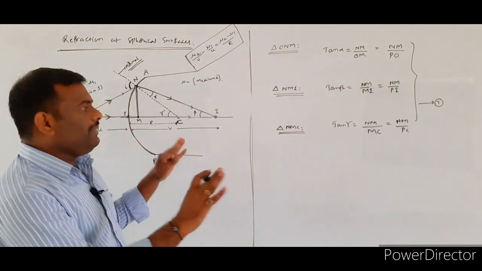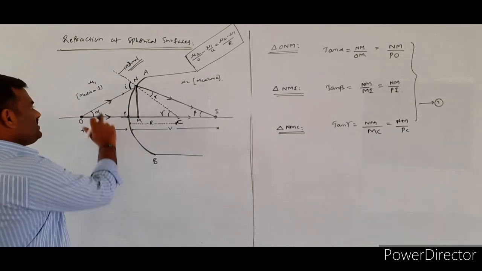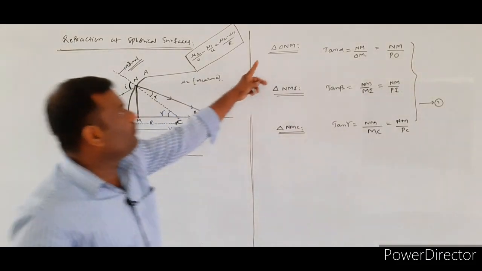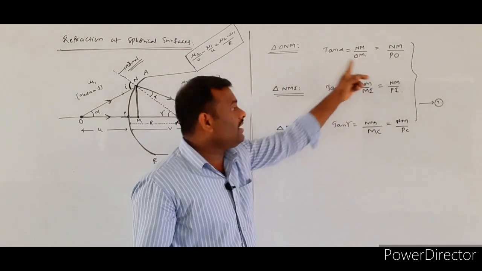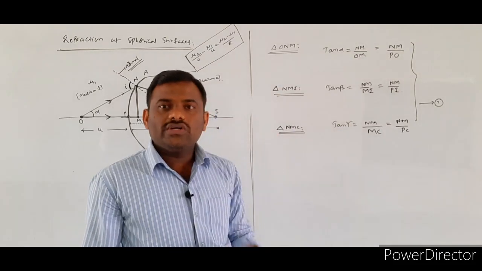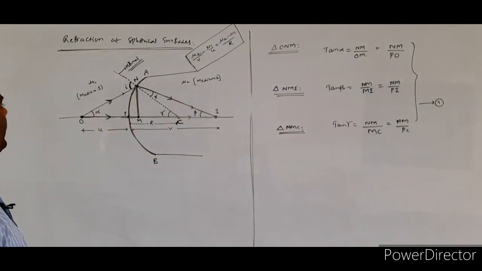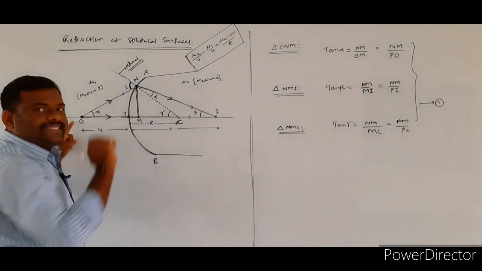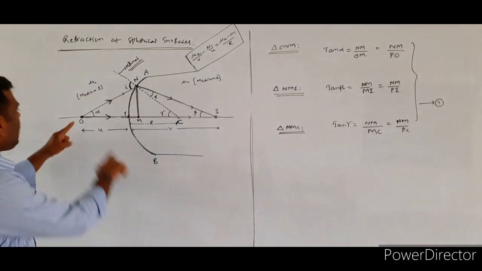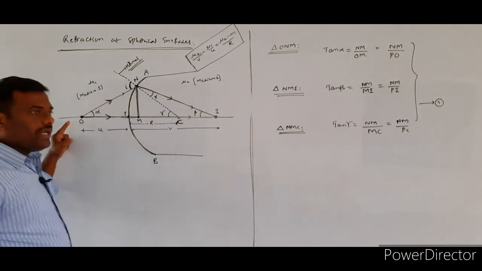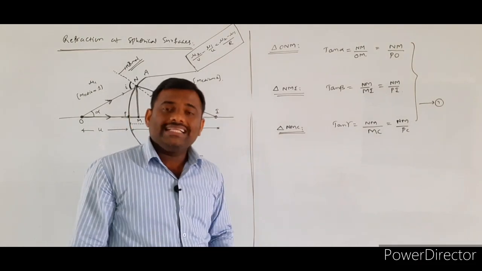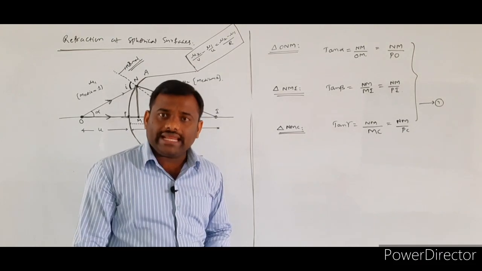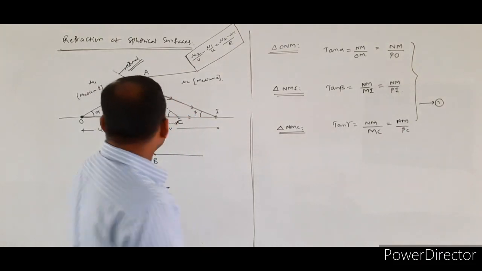Once again, we made some assumptions. This angle is alpha, beta, gamma. From triangle ONM, I calculate the values of tan alpha, tan beta, tan gamma. Now I consider one more triangle, triangle ONC. According to the mathematics formulas, we know that the sum of the interior angles is equal to the exterior angle. So from the triangle